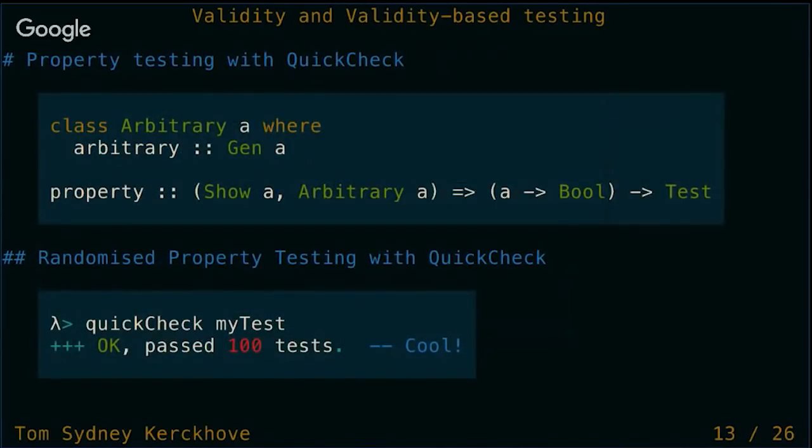Now, how do we do this in practice? There is a type class called arbitrary in QuickCheck. QuickCheck is a property testing library that we usually use in Haskell, which specifies what it means to generate random values of a given type. So for any type that, oops,